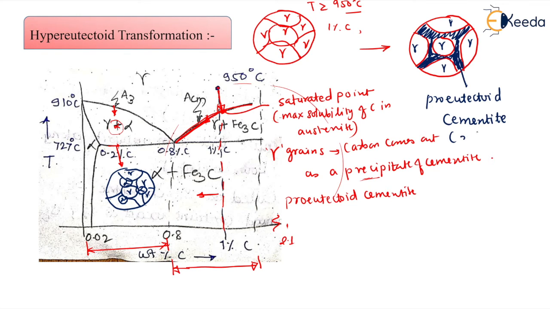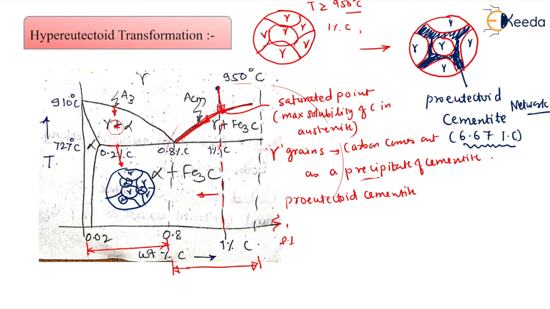You know that for cementite formation, how much carbon is required? Of course, 6.67 percent carbon. And this is a network, dear students. This is going to happen in the case of the hypereutectoid transformation. Cementite will form a network along the grain boundaries of gamma. This is called the stoichiometric point, a compound which contains exactly 6.67 percent carbon.